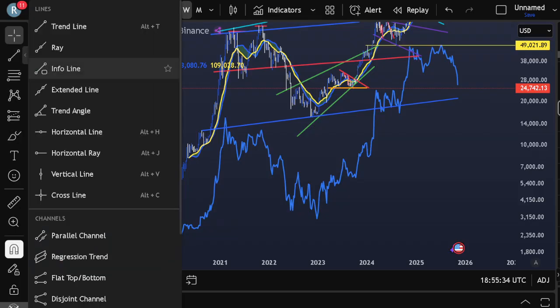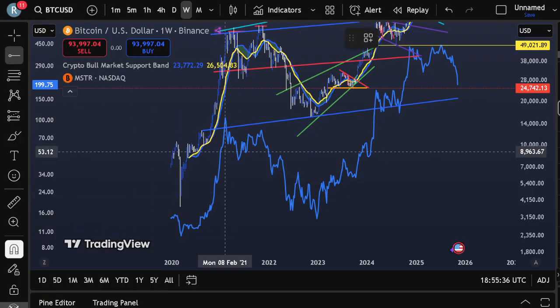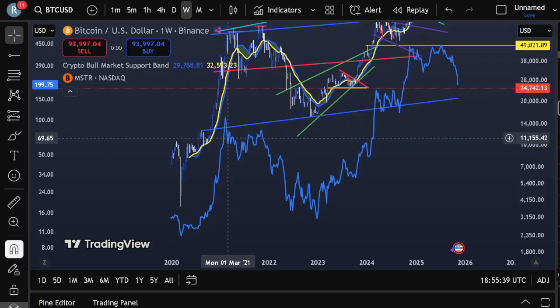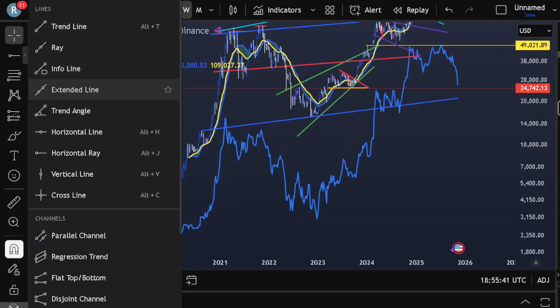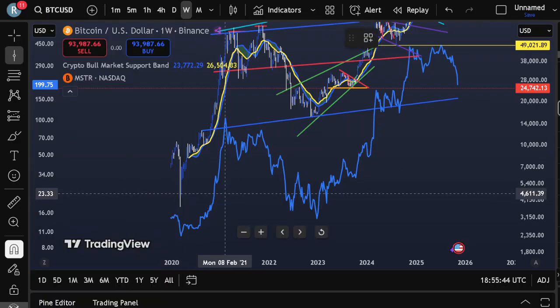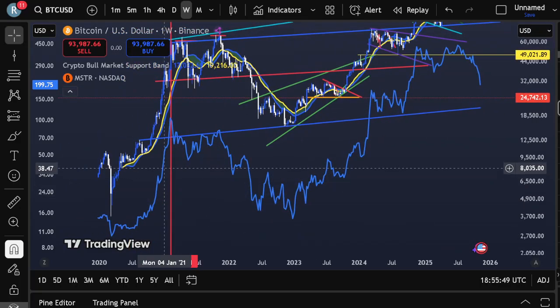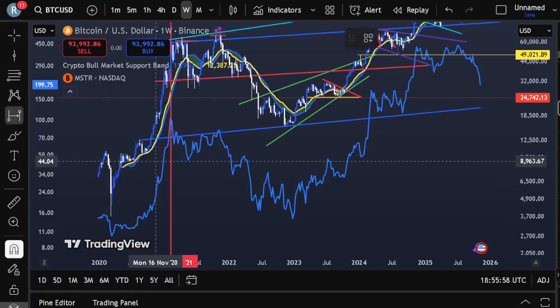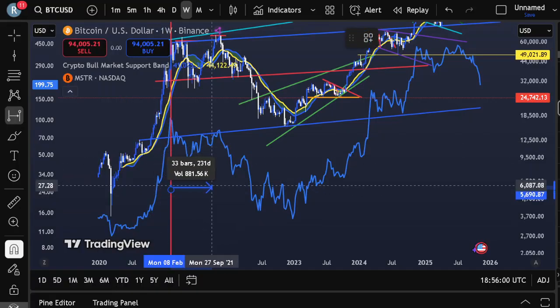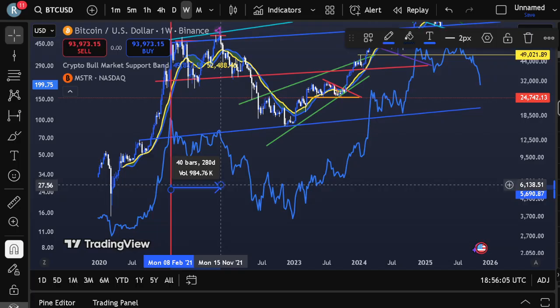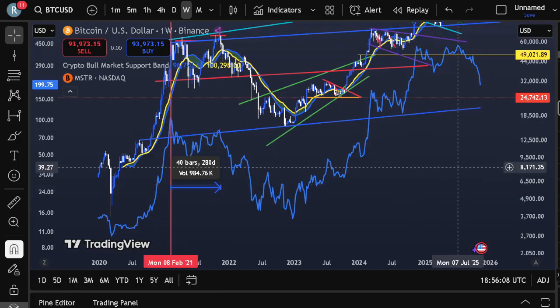So I need to horizontalize. Yes, excuse me, not horizontalize, verticalize. So in the previous cycle, MicroStrategy peaked around here, and BTC peaked 280 days later. For this cycle,